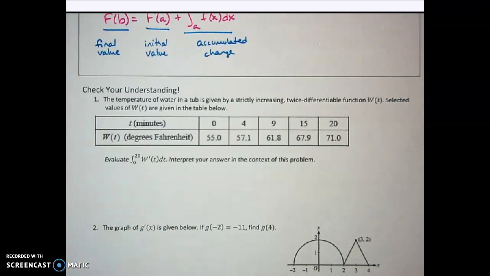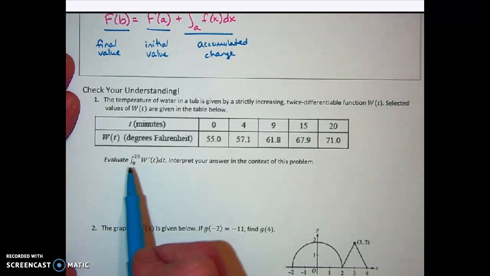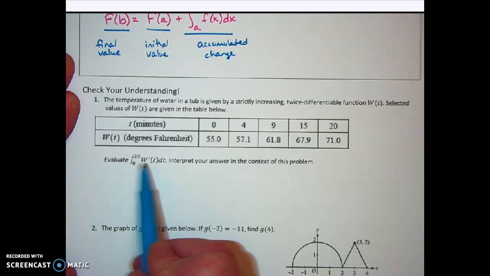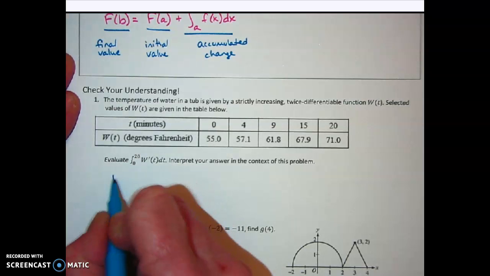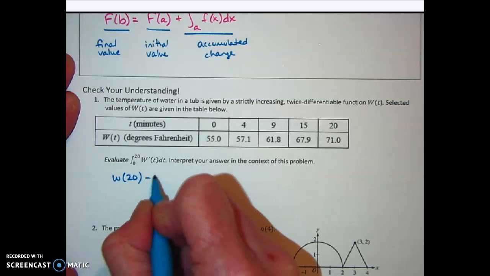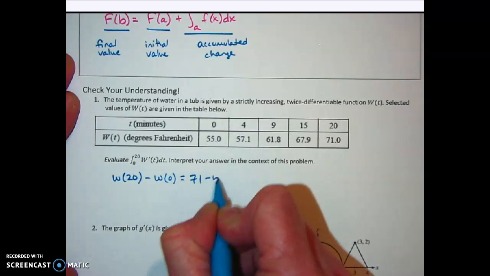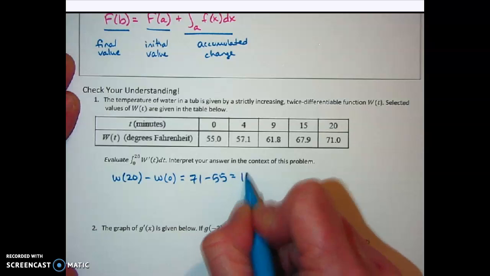The temperature of water in a tub is given by a strictly increasing twice differentiable function W(t). Selected values of W(t) are given in the table below. Evaluate the integral from 0 to 20 of W prime of t dt and interpret your answer in the context of this problem. Remember that the integral and the derivative undo each other, so basically what I'm finding is W(20) minus W(0),